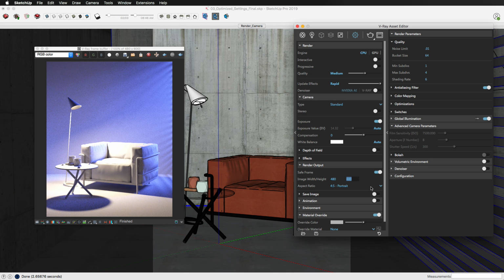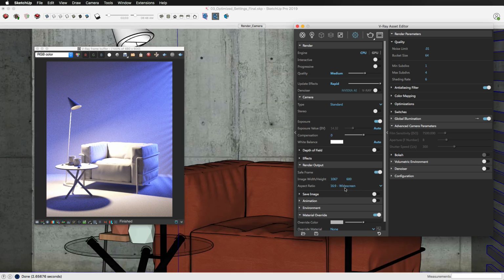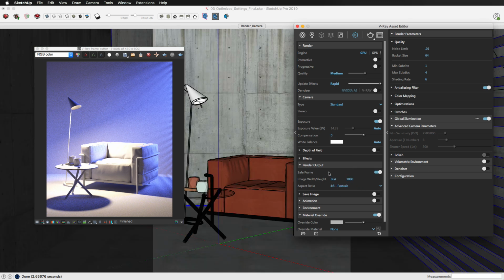Okay, but depending on the mode that you're using, if I were to go with the widescreen, which is what a typical computer screen is set up, when I type that in, I will get those default values. Again, depending on what your needs are, that will have a big influence. The higher the number, obviously, the longer it's going to take for the rendering to take place. So those are our settings that we really need to concern ourselves with in order to just get our regular